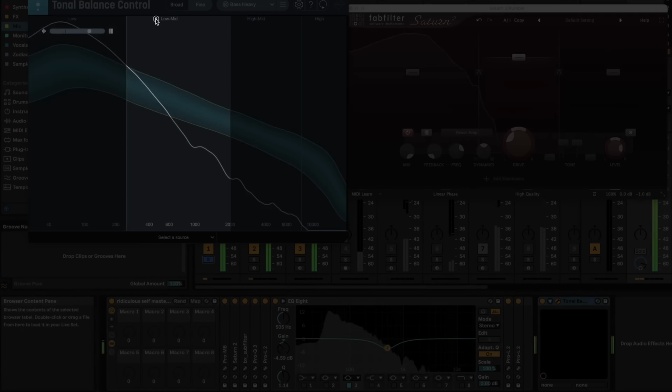And if I solo just this frequency band here on the master, what I'm noticing is that I'm hearing just the kick. Click, click, click, click. The rumble doesn't feel big at all in these frequencies. And so I want the kick and the rumble to be much closer to each other in volume. And that's important. And so what I did then